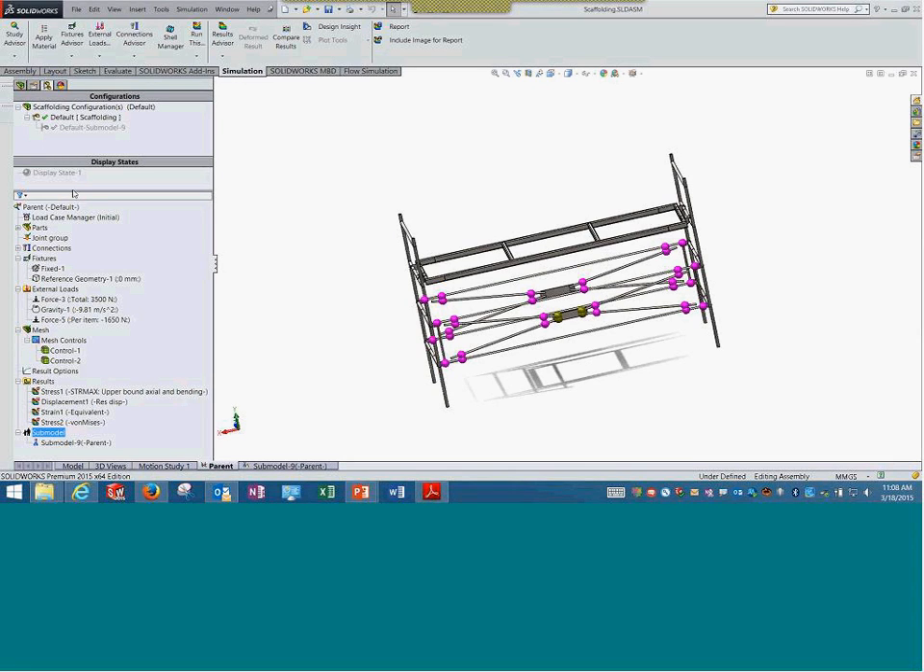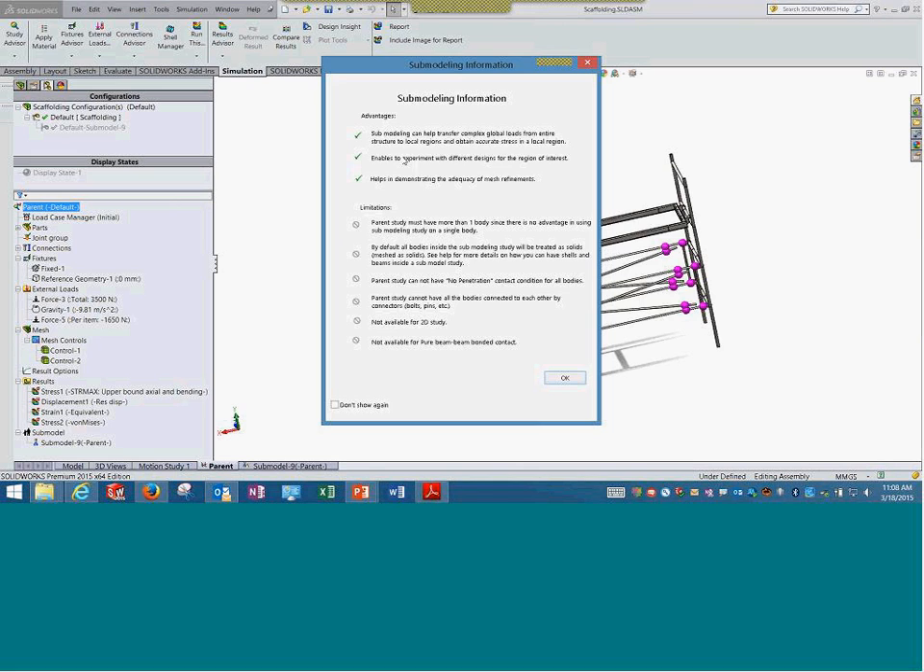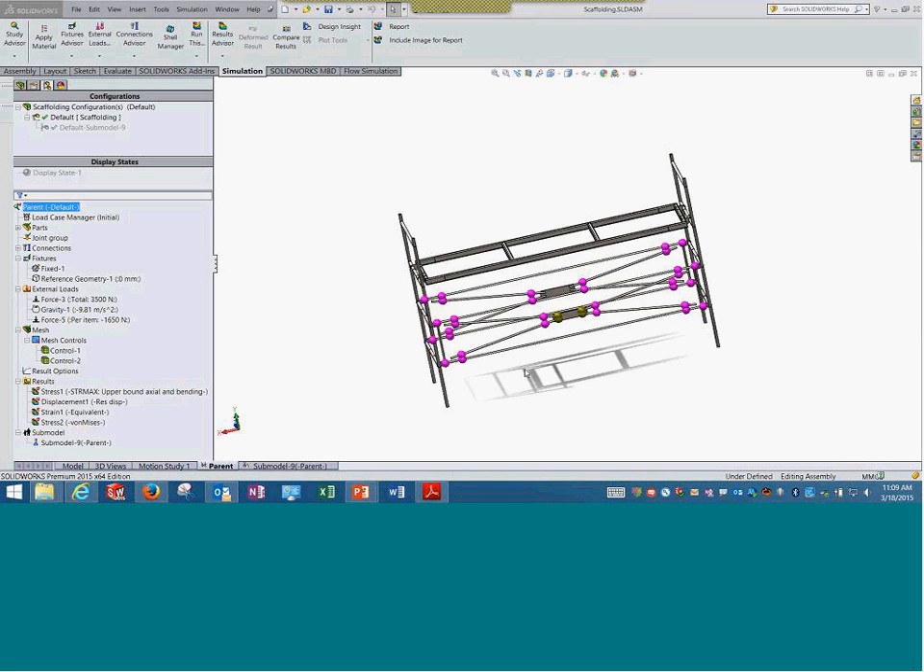Unfortunately here I don't know whether I'll be covering it. If you right mouse button click on the study, you should see this option of create submodeling study. And there are minimum necessary requirements for this particular thing. So yes, they are listing down a huge set of limitations. Be aware of that. It comes with its own set of limitations and advantages as well. So of course, you can select don't show again. And when I click okay,